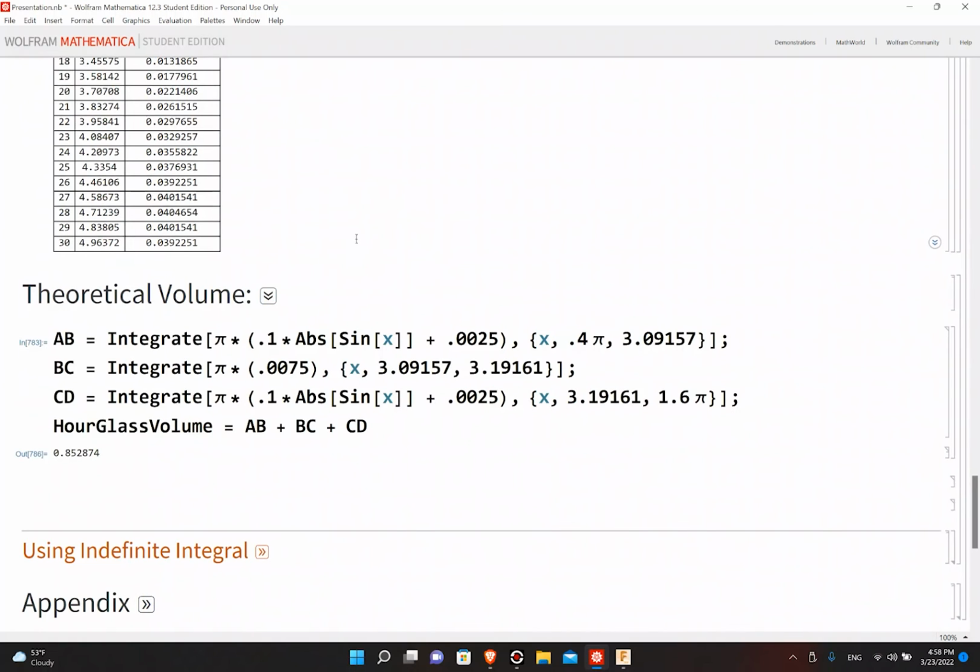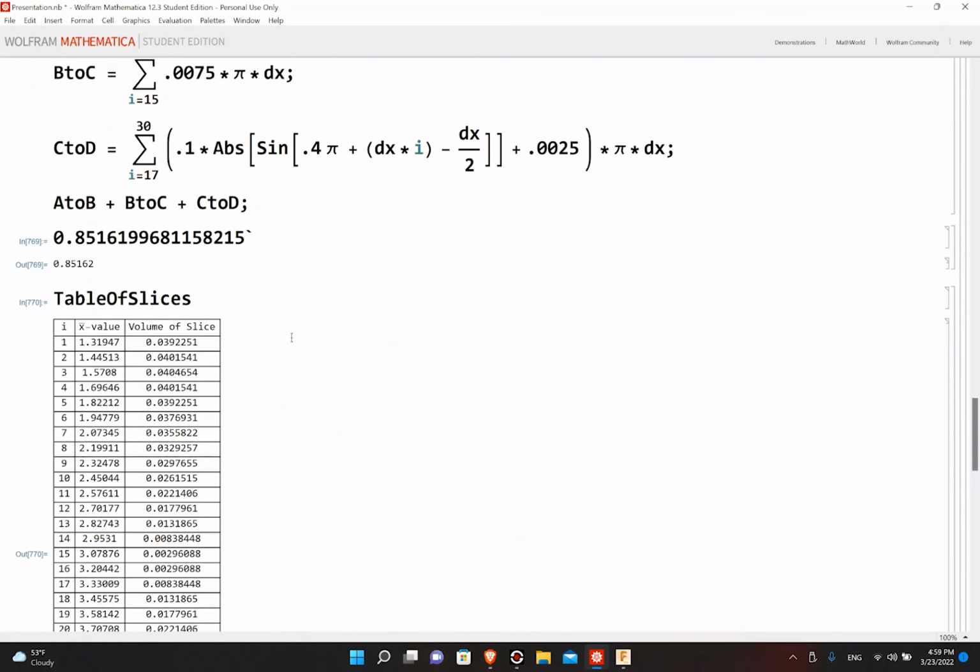And then to calculate the theoretical volume, we integrate. You can't actually find the integral because you have the absolute value. So instead you have to find the definite integral using your calculator of pi times (0.1 times absolute value sine x plus 0.0025) from x is 0.4 pi to 3.09157. You do the same thing from C to D, only from 3.19161 to 1.6 pi. And then you can integrate pi times 0.0075 from B to C. And when you do that, we get this value, 0.852874, which is very similar to that